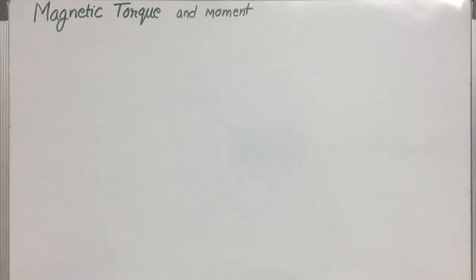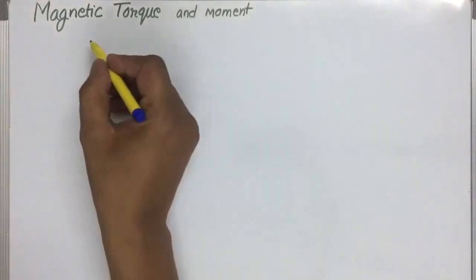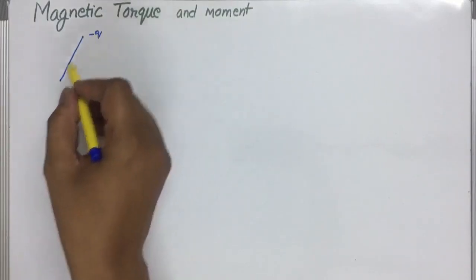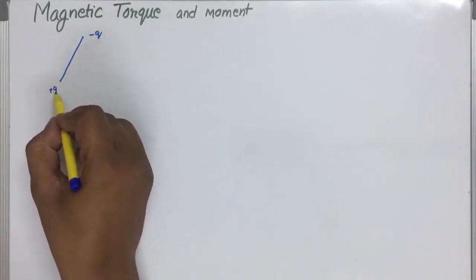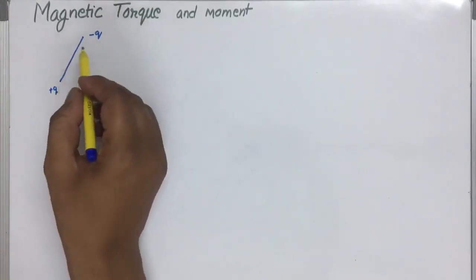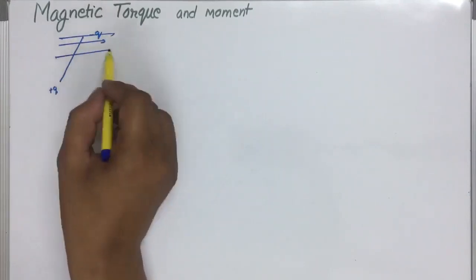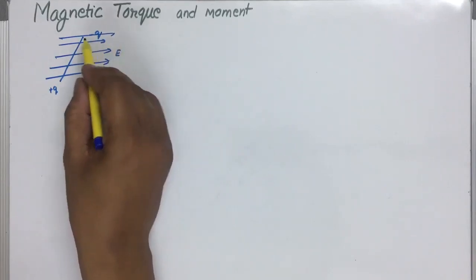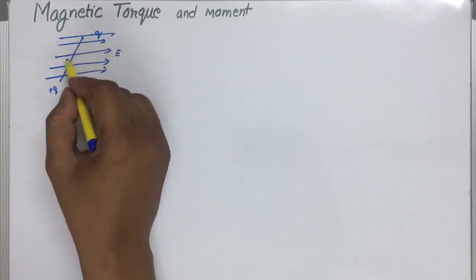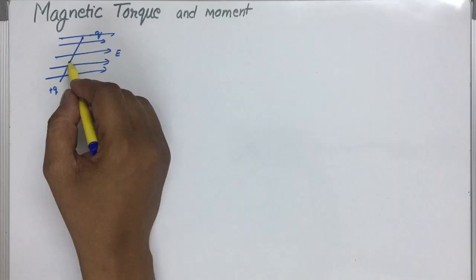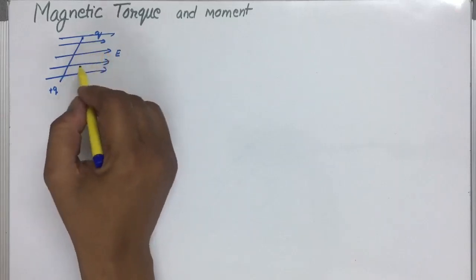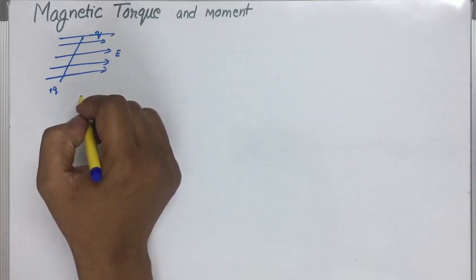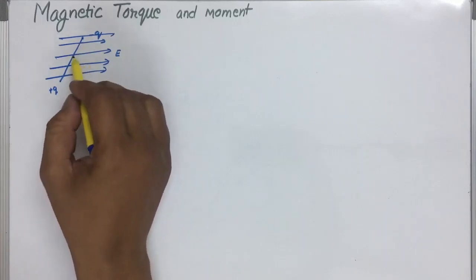In electrostatics, we have studied the electric dipole, separated by a distance d, and the electric field is in this direction. Then this dipole experiences a torque. The same thing we will try to find in the case of the magnetic field in which a current carrying loop is